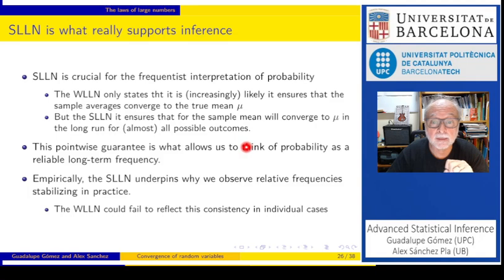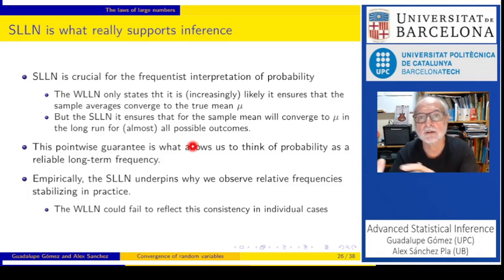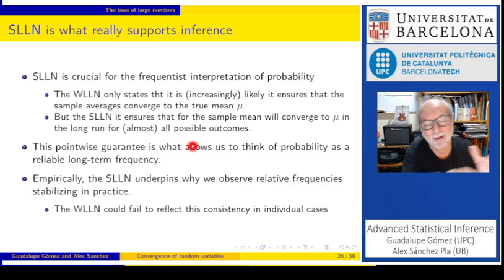Okay, it is this idea that allows us to do all those inferences that somehow substitute in the long term, I'm trying not to say the estimator, but the function that converges almost surely to the parameter, so the sample mean. If we only had the weak law, many of these results would not necessarily be valid, and we would have a much less strong basis for statistical inference.